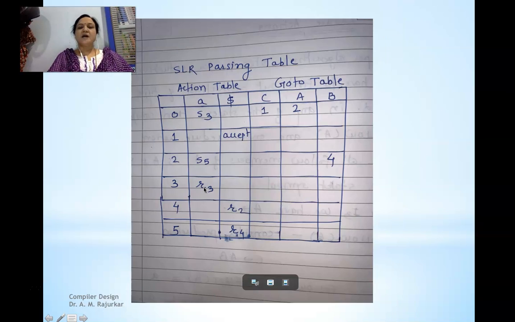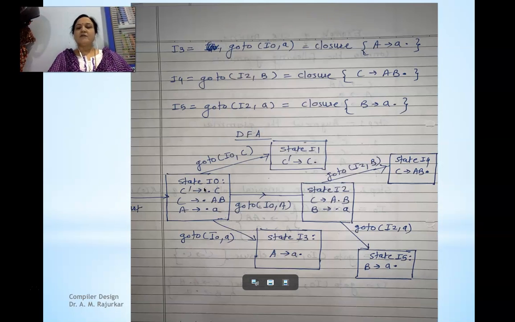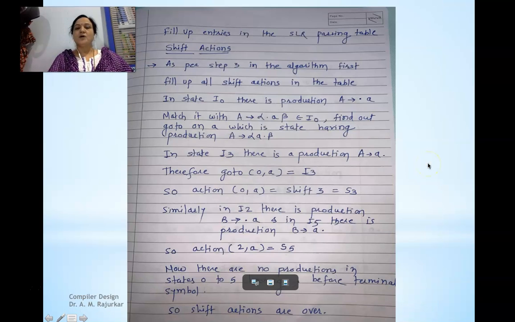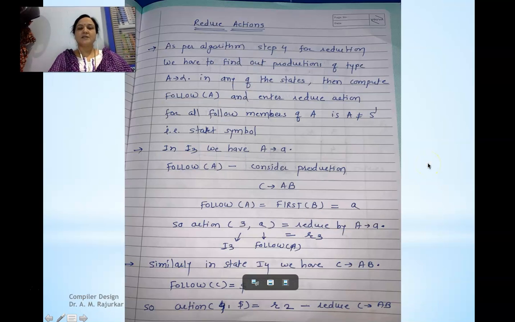Now see that after I3, where we have a complete item, I3 is over. Now in I4, see that C tends to AB dot. This is also a complete item, which will lead to a reduce action in the parsing table. So similarly in state I4, we have a production C tends to AB dot. The first step for the reduce action is to compute the follow of C. What is the follow of C? The follow of C is dollar, because C is the start symbol of the grammar.